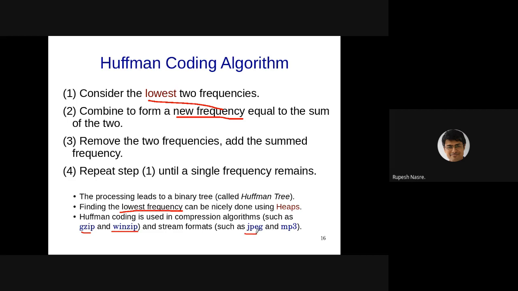Similarly, in JPEG as well as MP3, unless your image or video is very random, typically there will be a large background having similar hue and similar colors, RGB values, and therefore storing it in the Huffman coding format will turn out to be much better space-wise in the case of JPG as well as in video formats.